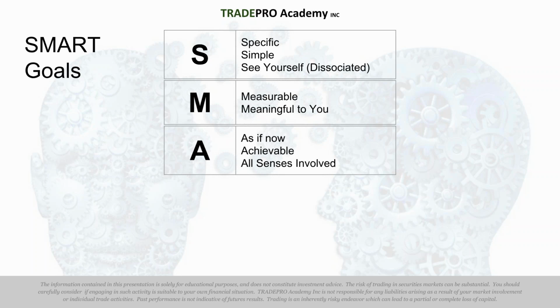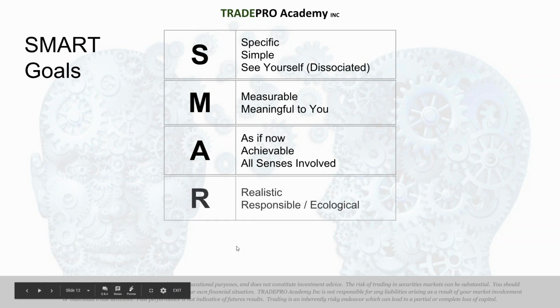And all senses involved. Here's what I'm going to tell you. All senses involved means that you've got to be there with all 5 of your senses. And for those of you that do a little bit more meditating and are connected, 6 senses as well. You have to see it in that sense. So the A part of this is all senses involved. When you put your goal down, what will it feel like, look like, smell like, taste like, sound like? I don't care if your goal doesn't have a taste. Think about it because it makes it more real.